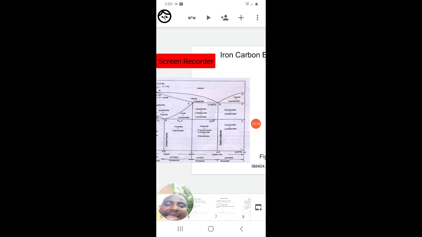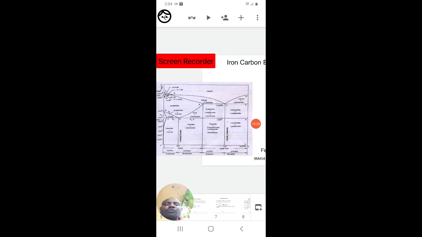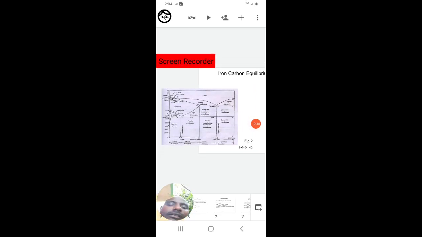So at exactly 4.3 percent carbon and 1130 degrees centigrade, 100% ledeburite is forming. This is very important. That's why 2 to 4.3 is the eutectic reaction. 4.3 is the main eutectic reaction, that means liquid gives rise to two types of solid, solid 1 plus solid 2. That's why it is a